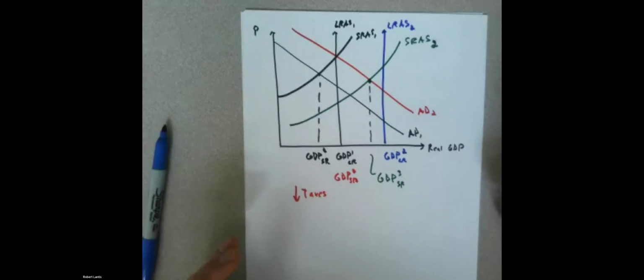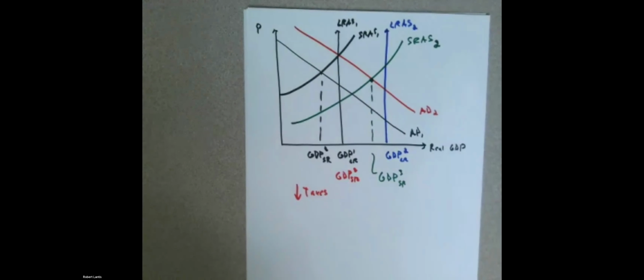Now, is that a bad thing? Well, we have a recessionary gap, but what's happened to the levels of GDP? It's now higher, right? So it's good in that this change in taxes still increased real GDP. It's just that we weren't able to close that recessionary gap or get the actual current level of GDP to match up with that potential long run level of GDP. Okay. Any questions there before we keep moving? Okay.